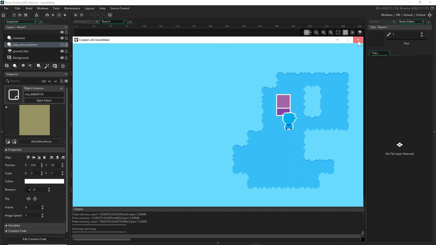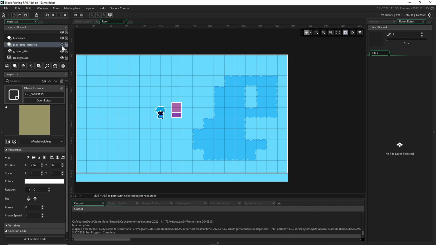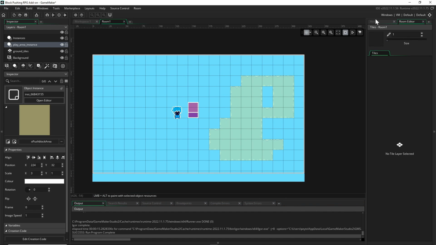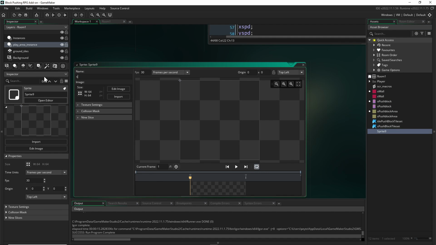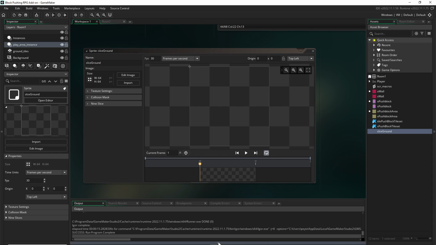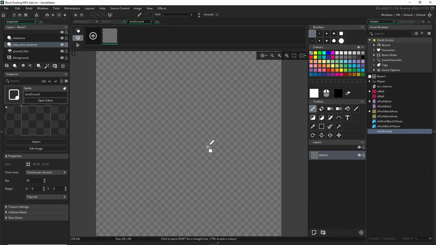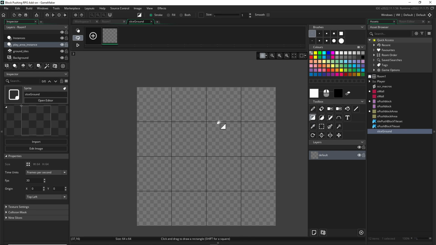And the way that we're going to do the ice stuff is very, very similar. So I'm going to unhide this area and let's make our little ice wall thing. And we're going to do it the same way we did the push block area. So I'm going to create a sprite. I'm going to call this S ice ground. Again, this doesn't have to be ice. It could be like an oil slip or mud or something like that. Maybe the people who hate ice puzzles, if you just make it like mud, maybe they won't even know. But I'll also show you another cool little thing I like to do with the sprite editor,